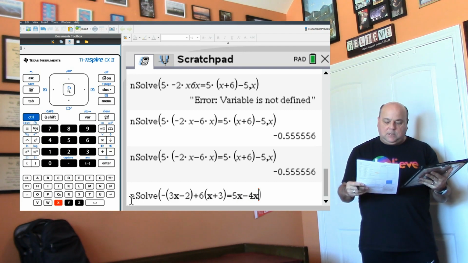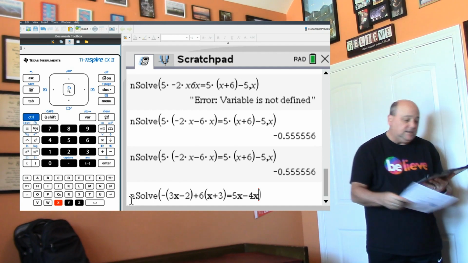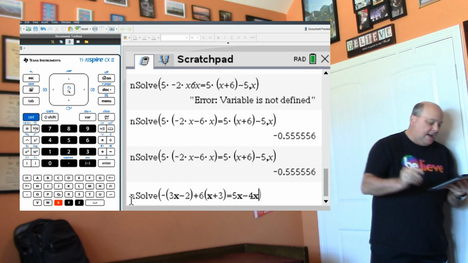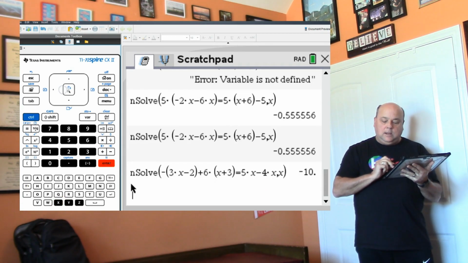And do I have it typed in right? Negative 3x minus 2 plus 6 parentheses x plus 3. That's it. Now then I put comma x at the end, comma x, and then hit enter, and that's negative